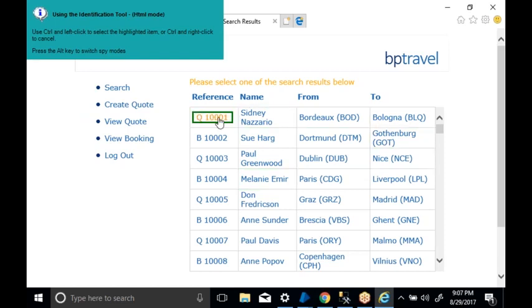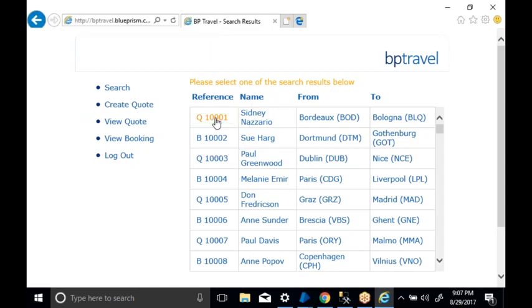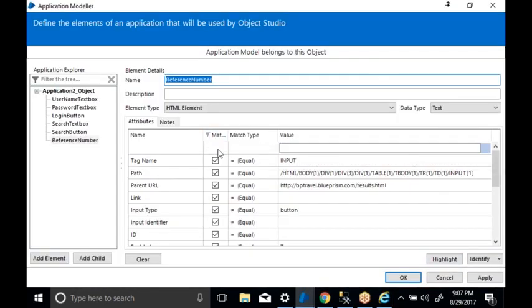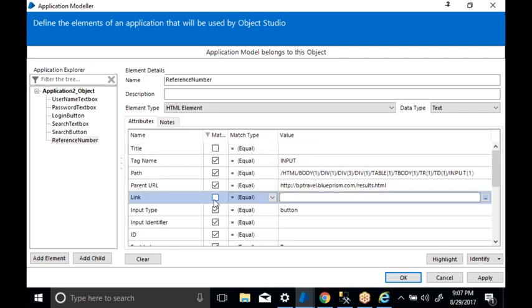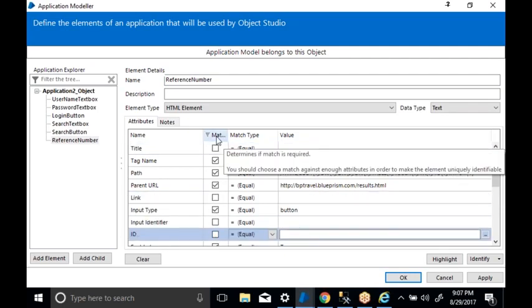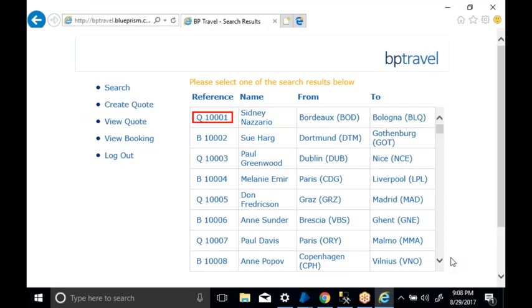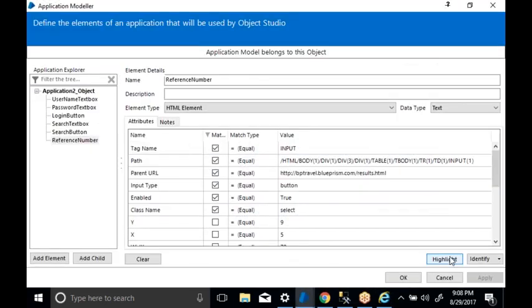I want to extract this data. Now Control and left click, and uncheck the empties. Now apply and highlight to see whether it is able to identify the value.